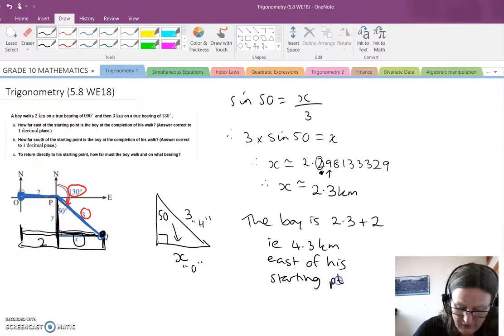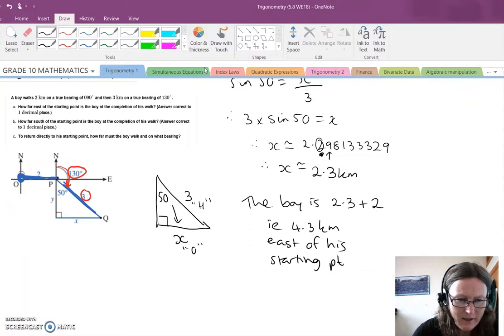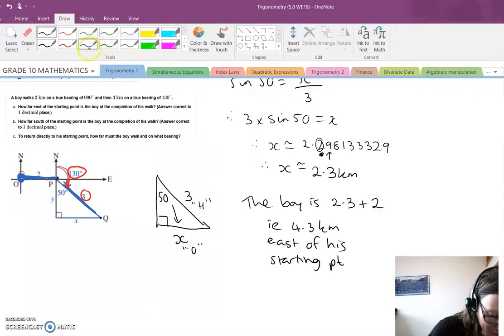Okay, let's look at part B. Okay, with part B, same boy, he's walked the same way. He's gone 2 kilometres on a true bearing of 90 degrees, then turned 3 kilometres on a true bearing of 130. Part B is how far south of the starting point is the boy. So it wants, again, I'll do this one in red, it wants this distance here, how far south is. So our triangle,